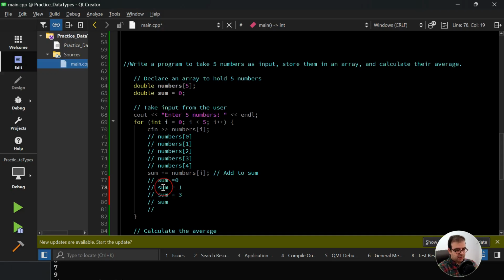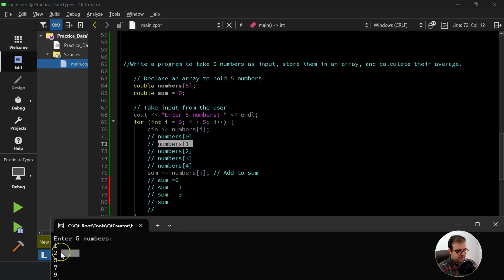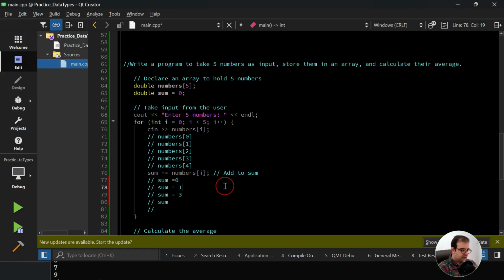So now sum equals 1, okay? Then I is incremented. Now I equals 1. When I equals 1, we are going to enter the second element, which is 2. So we enter 2, the second element of the array is stored, and then 2 is added to this 1,